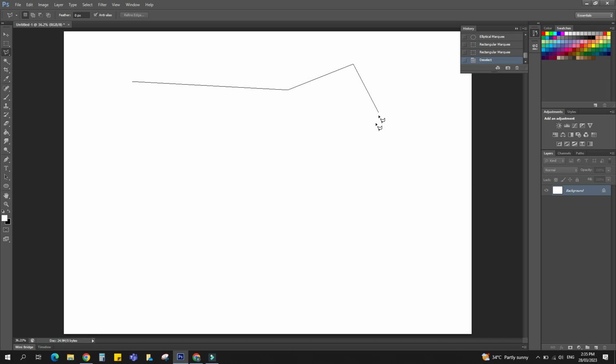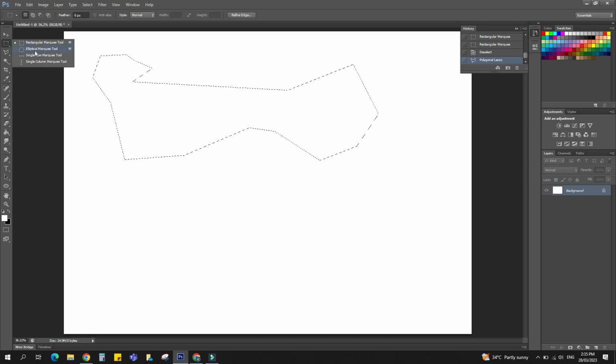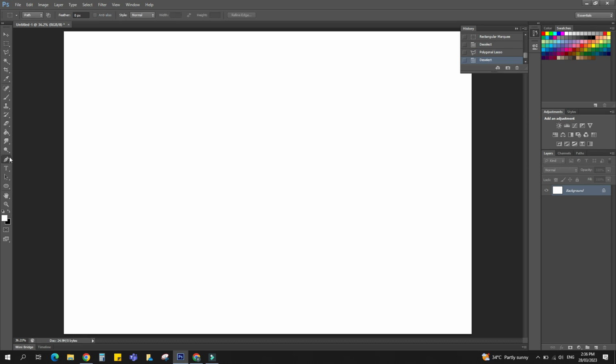The lasso tool is very direct. This is the polygonal lasso tool. You can just click, click, click, and if you accidentally place a point wrongly, you can just press Backspace and continue to finish your selection. But as the name suggests, this tool is just for polygonal shapes. If you want to make an ellipse, you have to use the elliptical marquee tool. But using the pen tool, you have this advantage where you can draw a straight line,